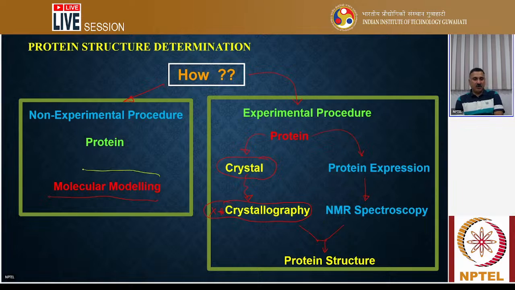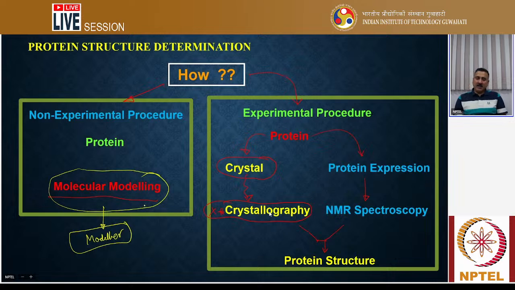So we discussed molecular modeling. We discussed how you can use Modeller, right? And we also discussed how you can do the molecular modeling with the help of homology modeling and all other kinds of things. And then in detail, we discussed the different methods you can use, what different software is available, what different approaches you can use, and so on.